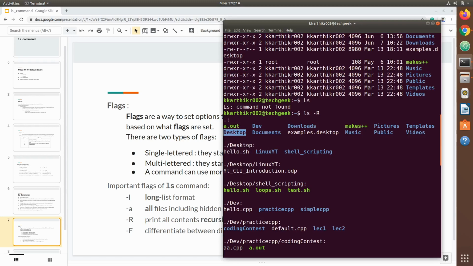Then it also prints out the contents of the first subdirectory of its subdirectory. See, what it does is it prints out all the contents of directories, including the contents of their subdirectories, and so on until they reach an end to the directories.